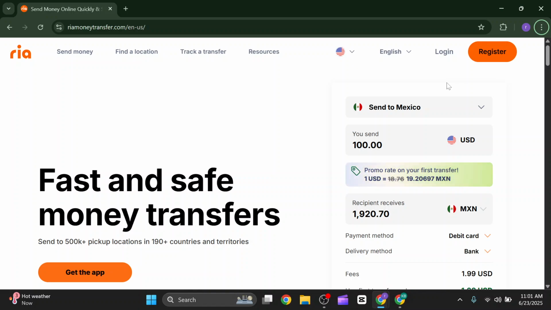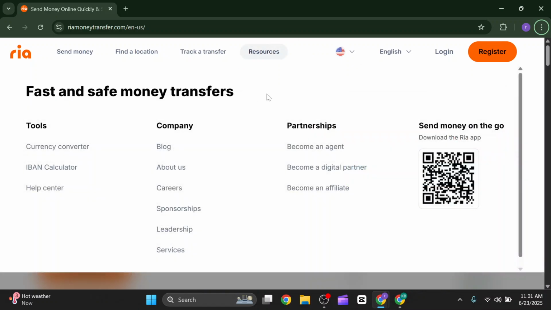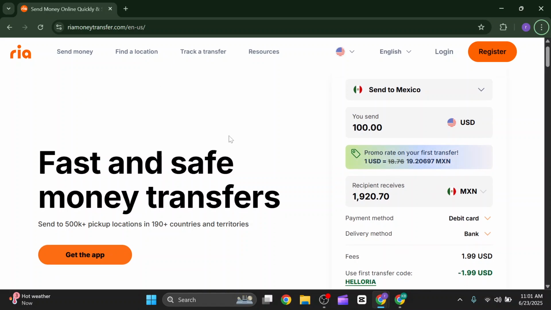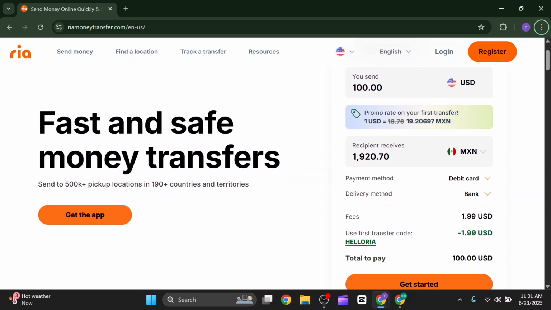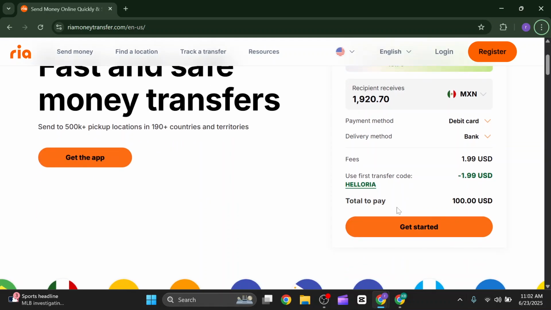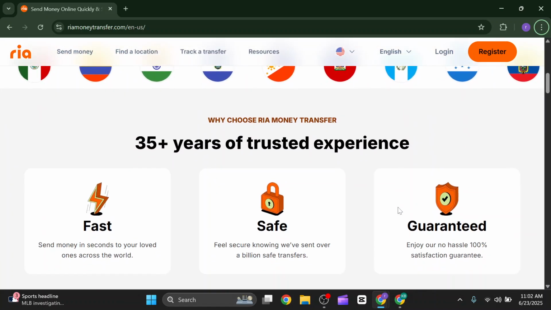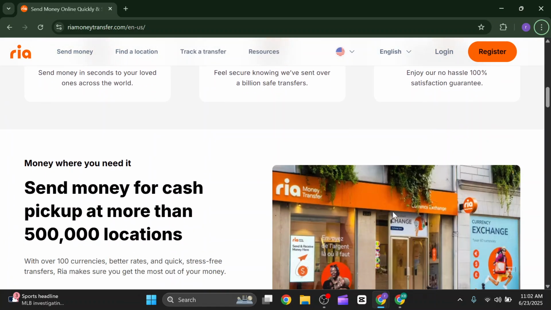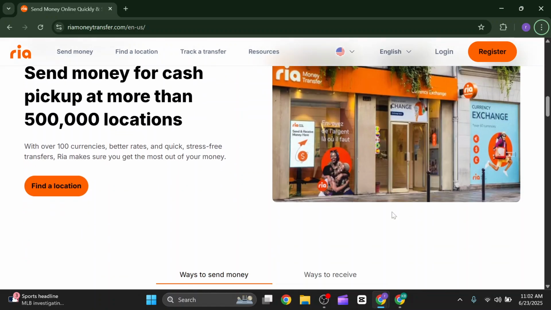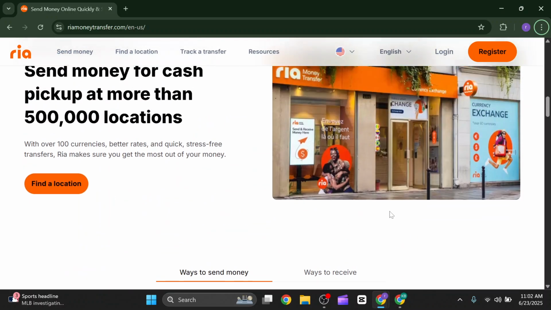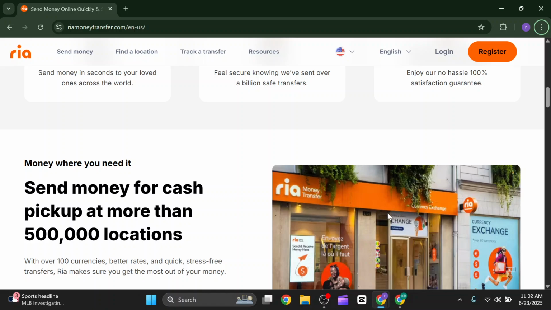Find the section dedicated to tracking or viewing transaction history, and this might be labeled as track a transfer or transfer history or something similar. And after that, you may need to enter your transfer pin in order to view specific details. And after that, RIA also sends email updates about the transfer status, so you can monitor the